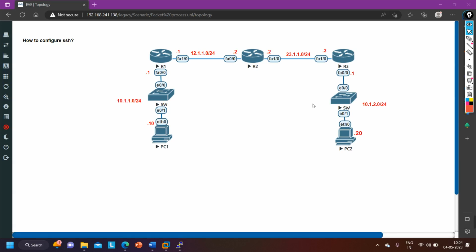Guys, today in this video I am going to show you how to configure SSH on a Cisco router. But before that, let's understand what SSH is and what its function is. See guys, SSH stands for Secure Shell, which uses port number 22